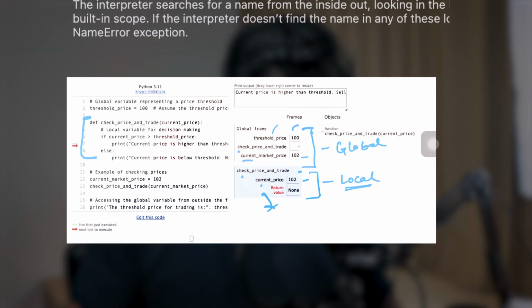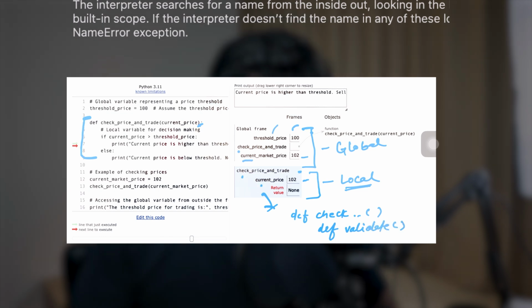So let's say this is define check. I'll just write it short. Okay, this is this function, and inside that, let's say it had another function named validate, right? So now what will happen? The inner function will become the local namespace, and the outer function will become the enclosing namespace, correct? And the rest is the same, the global is the same, just this one changes.